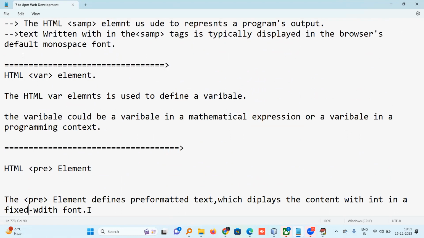What is the format of the text? In that format only it will display. It is not going to take any other format. That one we need to understand. These are the things we can use to write the programming code, and we can separate the programming code using HTML tags. The next concept we are going to discuss is